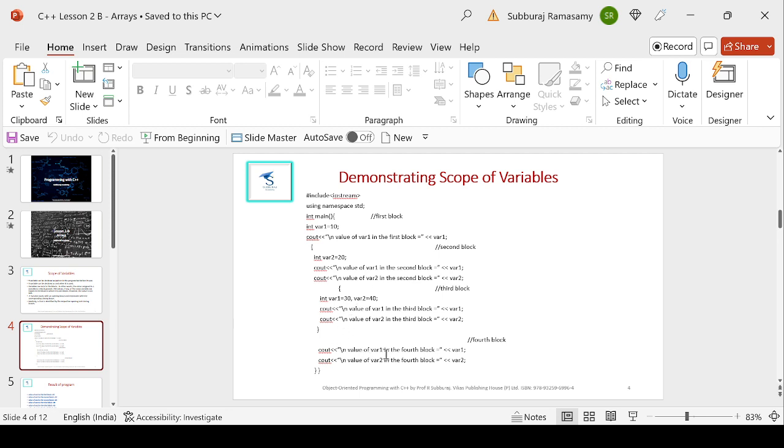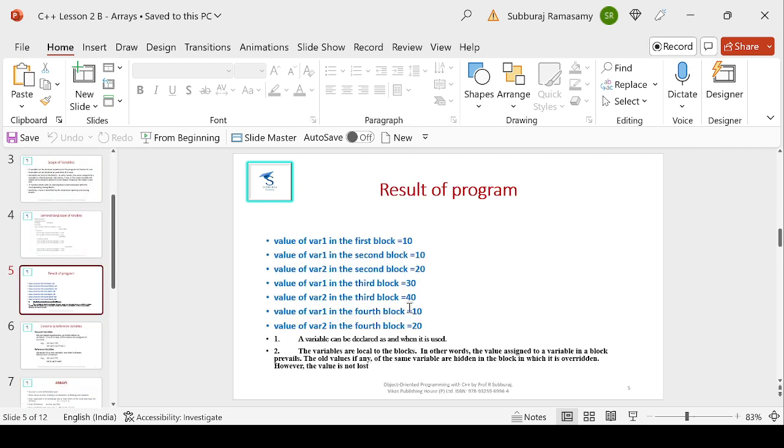So the value of var1, how much will it be? It will be 10. var2 will be equal to 20. Let me show the result of the program. The value of var1 in the first block is 10, then 10, 20. We saw 30, 40, and then 10 and 20.